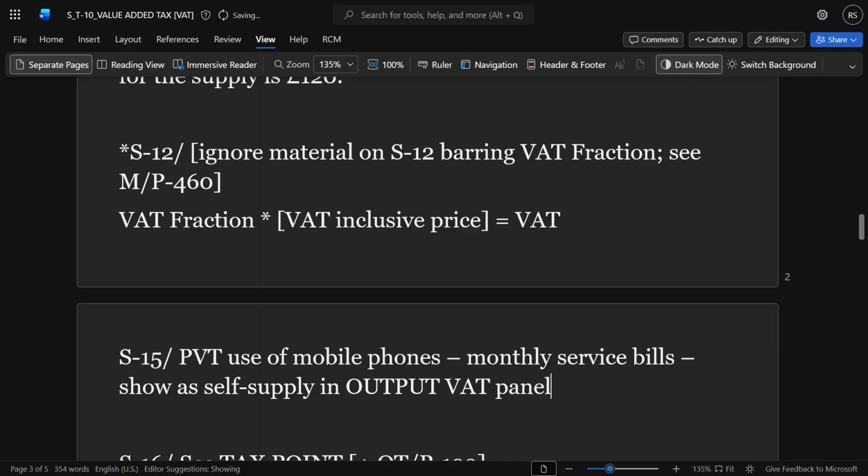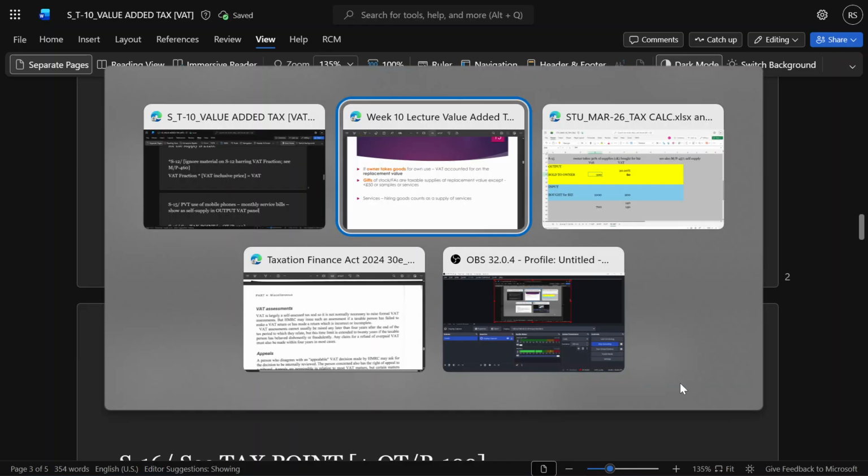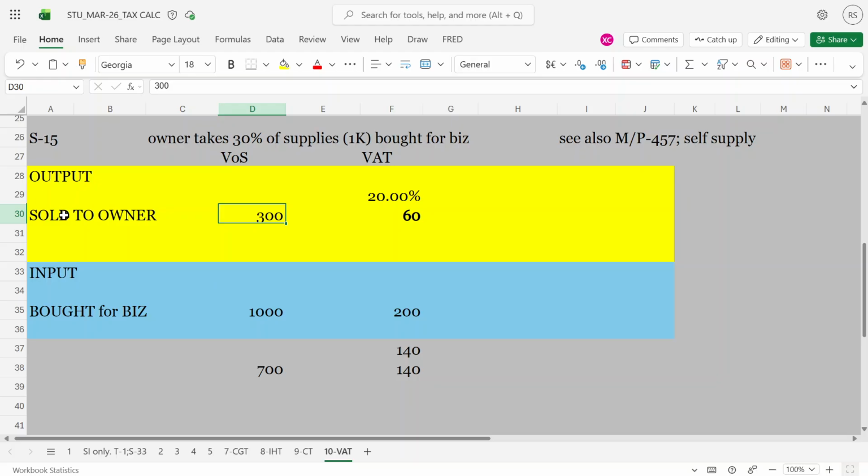Do you understand what I mean here? Private use of mobile phones, monthly service bills, if you get some information on that, the same thing will happen here, okay? Let's do this here as private use